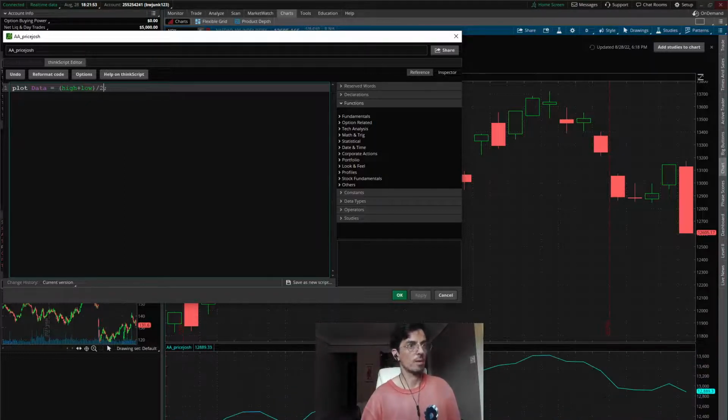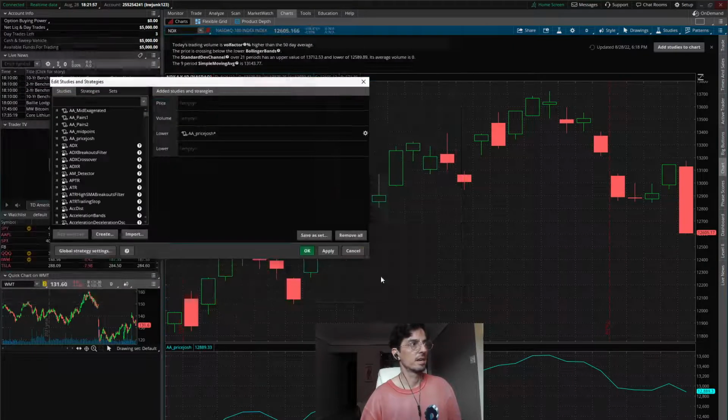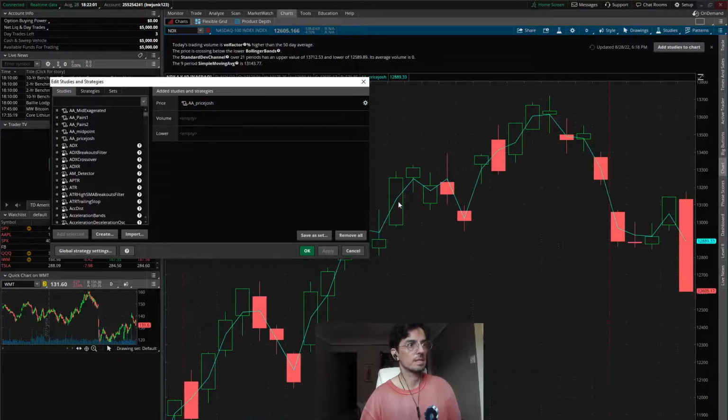High. Now we have a graph that is, if we move it back up, we see that it's in the middle. Every single bar is exactly in the middle of the top and the bottom of these little sticks. Okay, now that's an interesting thing. Now we can do something like